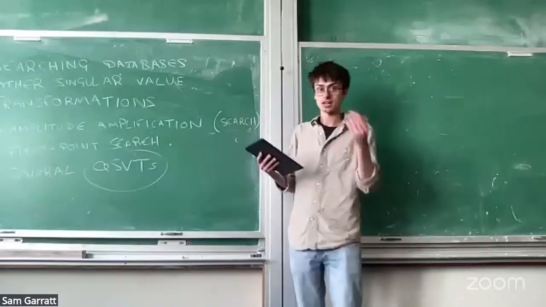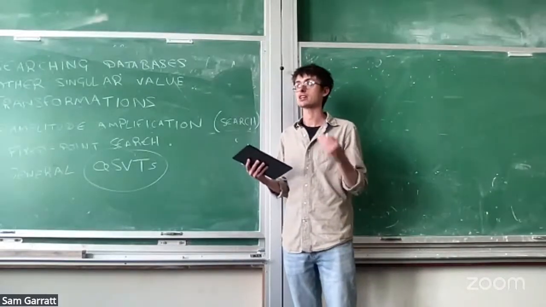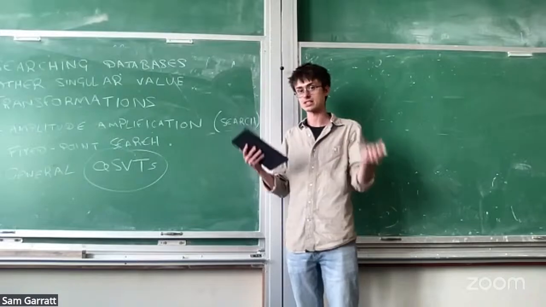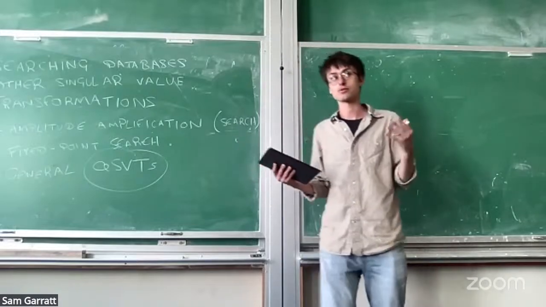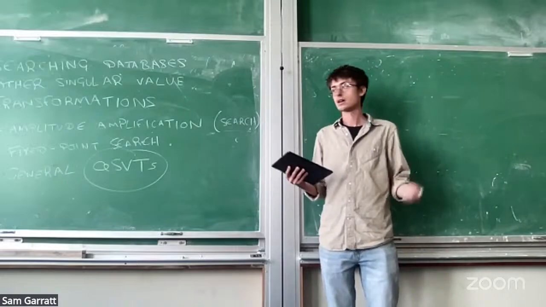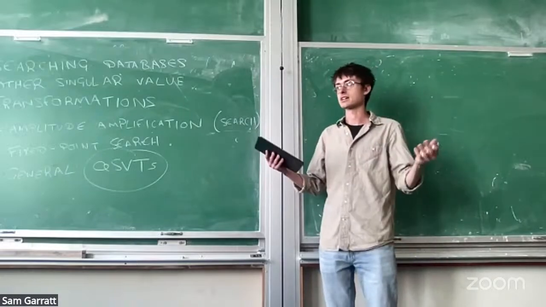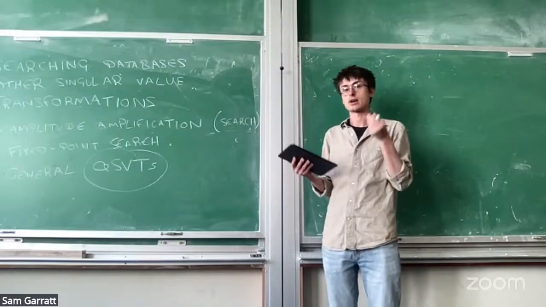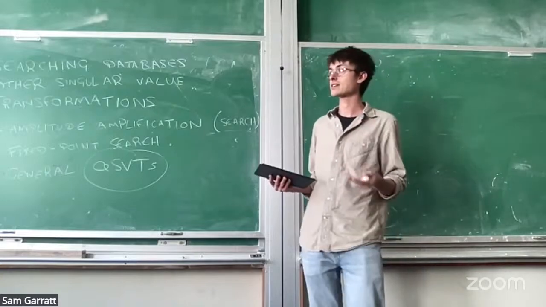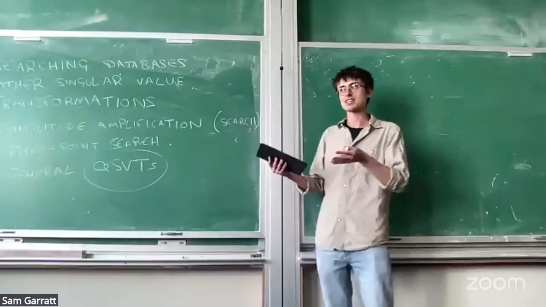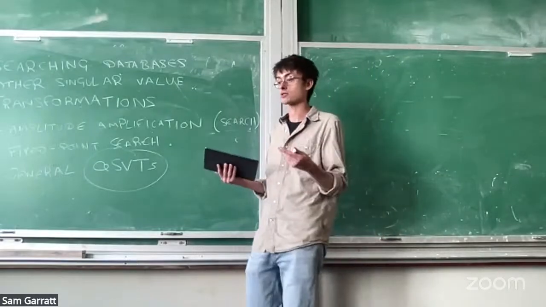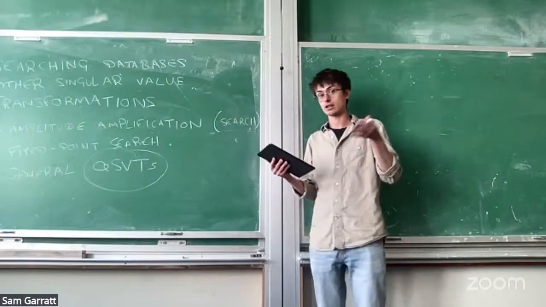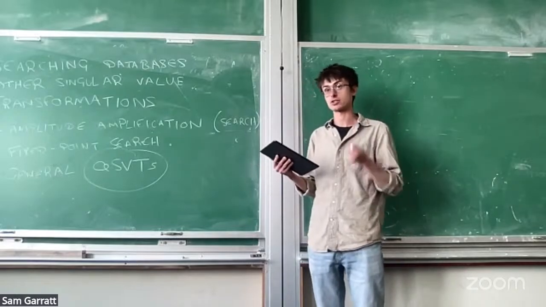But of course, that's not the end of things. Clearly there's exponential quantum advantage in representing a quantum state, but that's not such a useful task. You have to get something out of the quantum state at the end. So you get some highly entangled state, and in order to get some information out of it, you have to measure. But as we discussed last time, for a generic state, that measurement is not going to give you very much information. The point is that quantum states are generically locally featureless, in that it takes exponential time to extract any